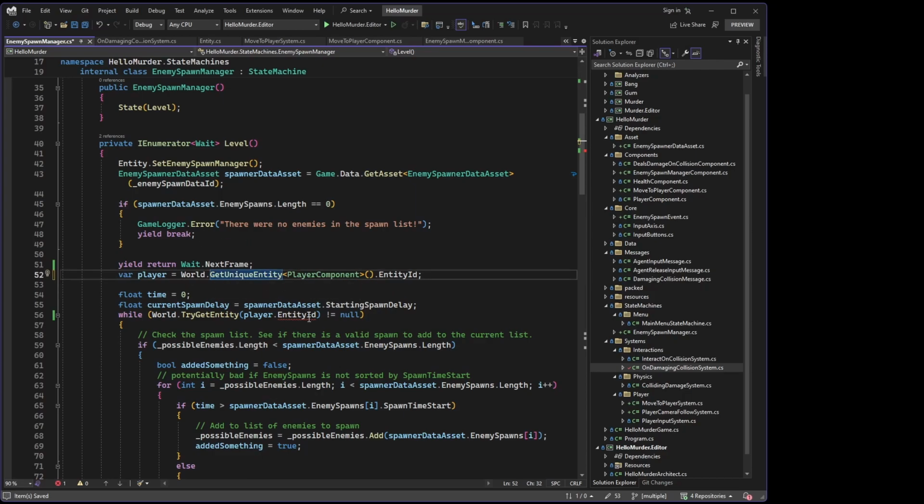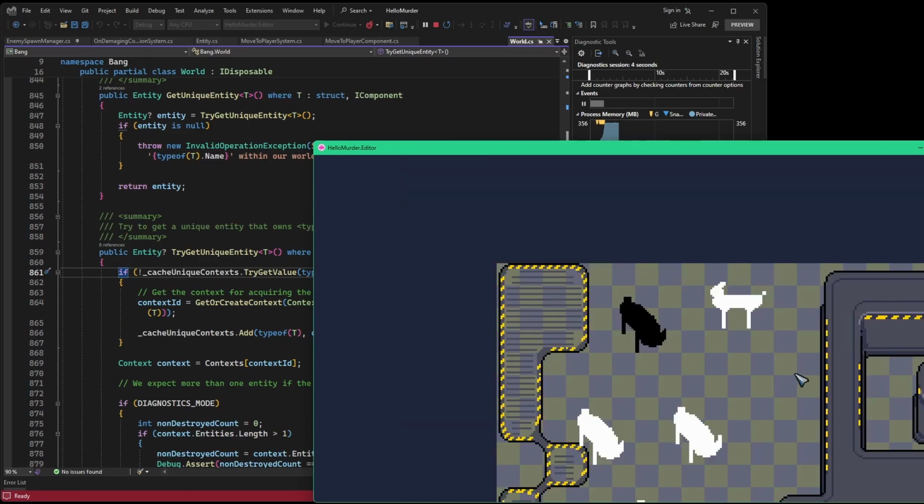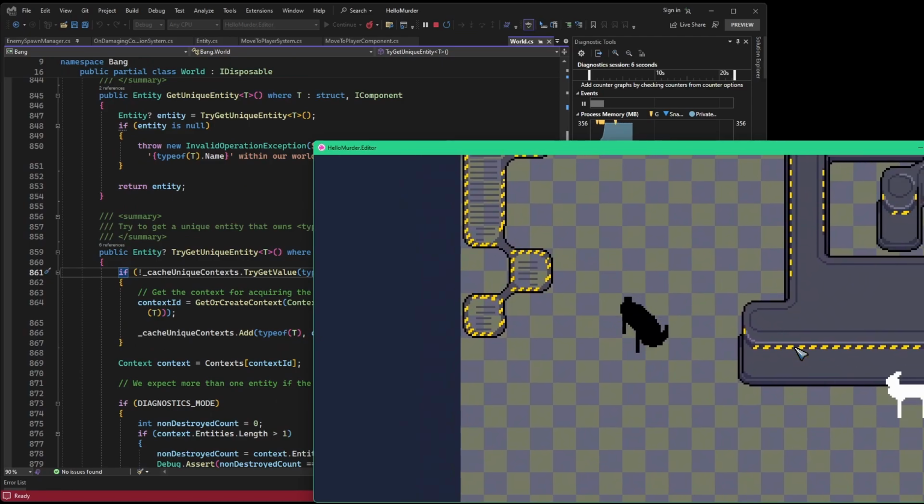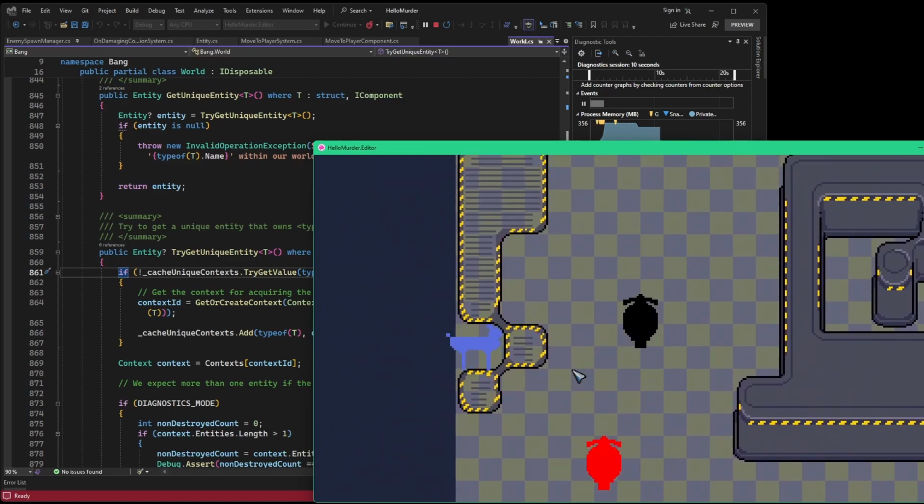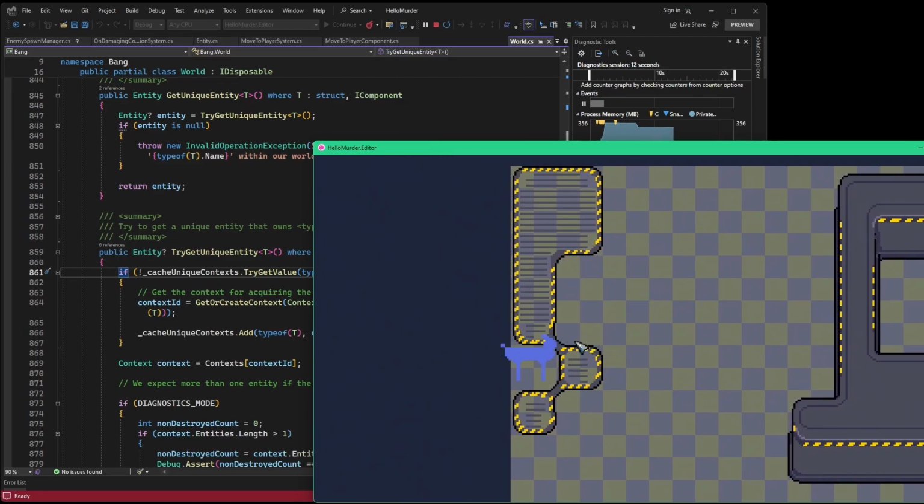So we always expect the player to be existing at the beginning, so we're just gonna get the player entity ID here. Play. Easy enemies to crash into. Now you'll notice the jank with the grid, because the way we're doing it right now, it's not really set up to work with this kind of a grid. However,